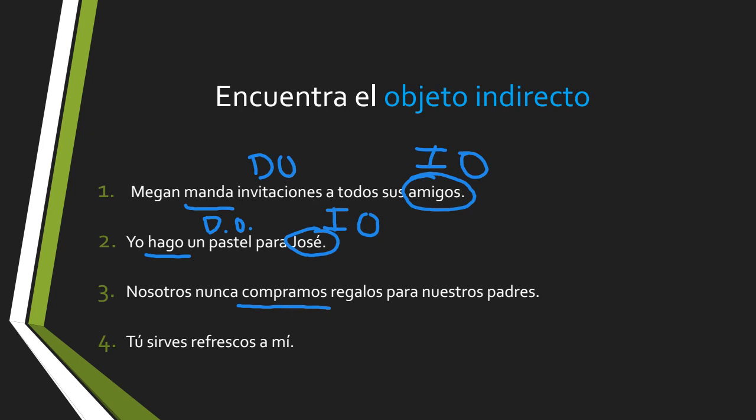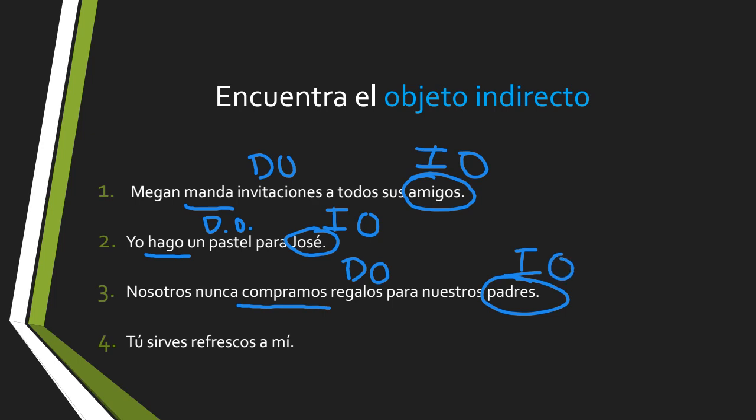All right. What do we buy or what do we never buy? We never buy gifts. Regalos is gifts. So that's our direct object. That can't be our IO. So who do we never buy gifts for? Well, it's padres. So if we look at the end of the sentence there, padres, we will find our indirect